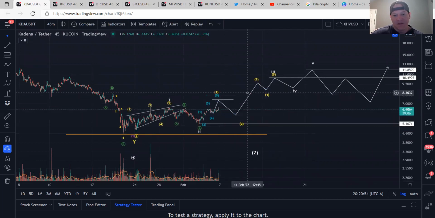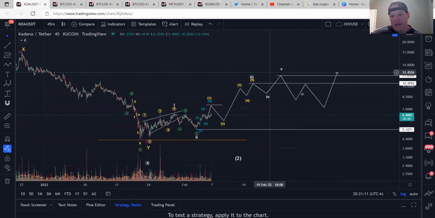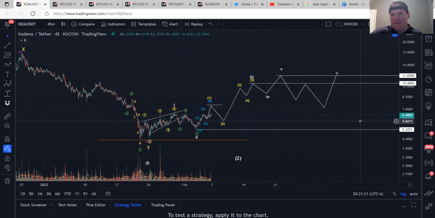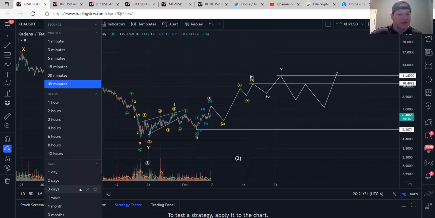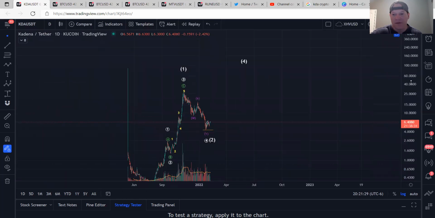So if this is an impulse, you would want to hold your 2 here, and then you would have a 3, 4, 5, which would actually put in your 3 wave at about 1050. Then you would have another 4 wave, and then a final 5th wave up around 1185. And then from there, you would want to see a corrective ABC, which would actually end up being your entire larger degree one wave structure, that would tie into eventually this next huge wave, whatever this next wave is going to be.